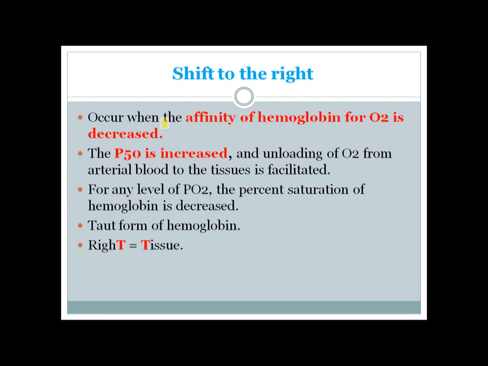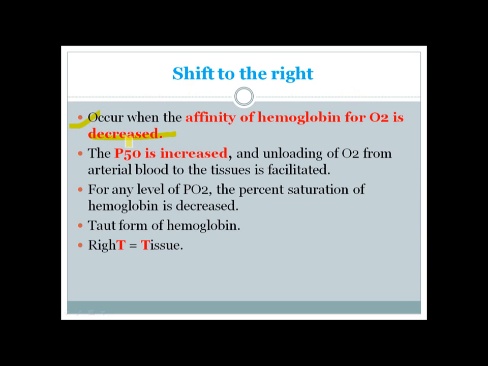So let's talk about what changes the curve, or what shifts the curve. The shift of the curve to the right or left depends on the affinity of hemoglobin for oxygen. If there is an increased affinity of hemoglobin for oxygen, there will be a shift to the left, and if there is a decreased affinity of hemoglobin for oxygen, there will be a shift to the right. So shift to the right occurs when there is